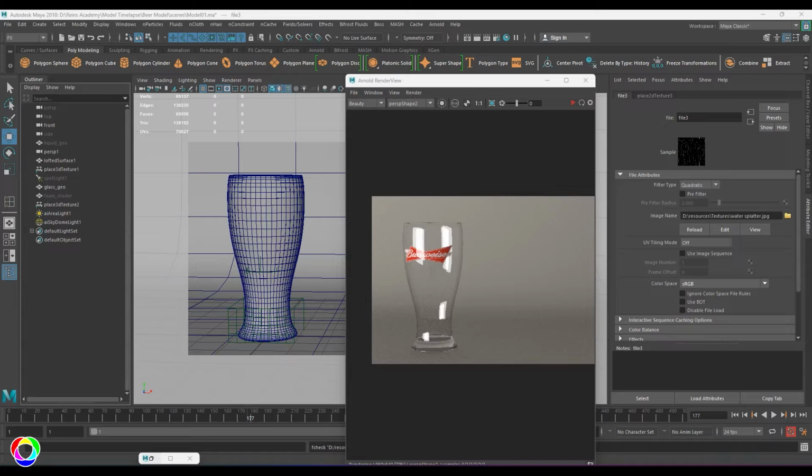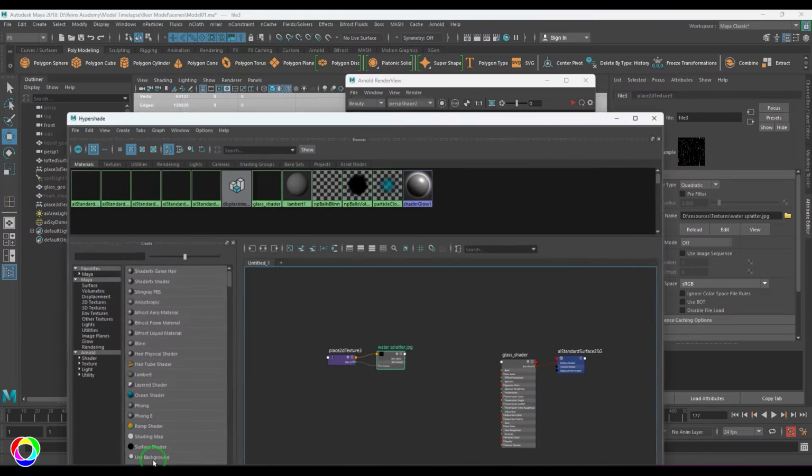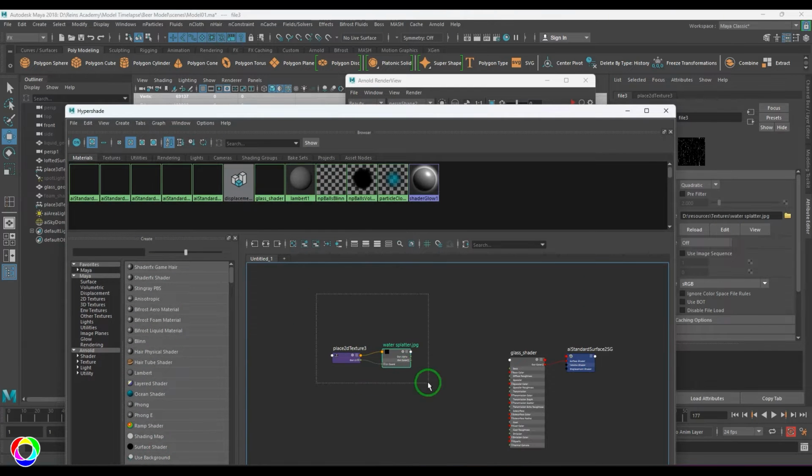So let's explore some more material properties of the glass. So I have got an image here which I have downloaded from internet. This is just a simple dripping condensation water droplets map, and I'll be sharing the link in the description. And here I've brought it in the hypershade,